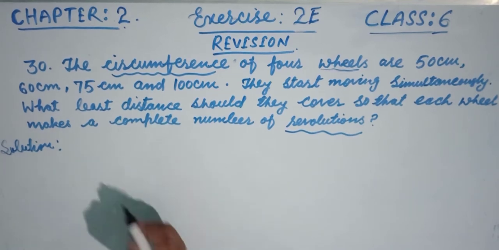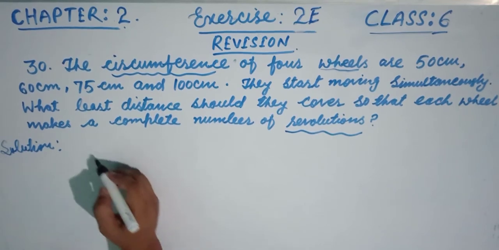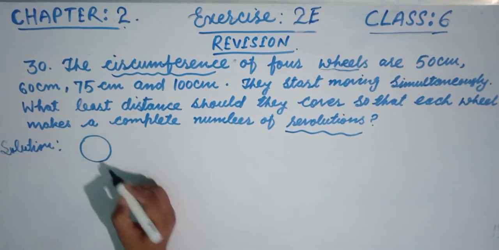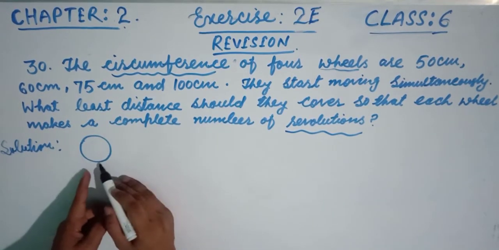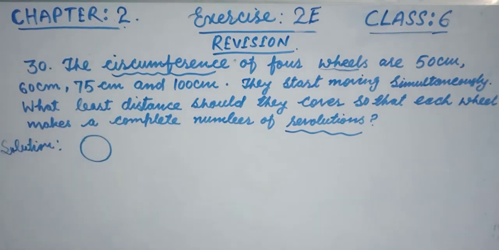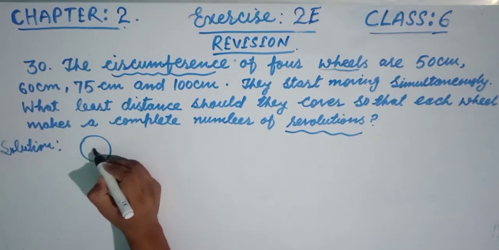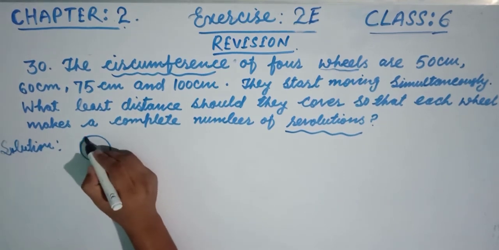Wheels means a wheel of a vehicle; let's take a wheel of a vehicle. There are 4 wheels, whose circumference we talk about, friends. Suppose this is the circumference, friends. The total length of this whole boundary is called the circumference. That means the total length of this barrier, the boundary of this wheel, is called the circumference or the perimeter of the fence. Okay, the total length of this fence is called the circumference, friends. This looks like a circle, friends.